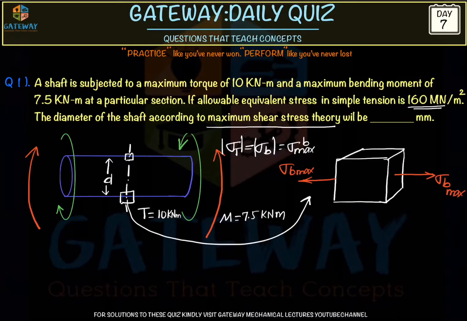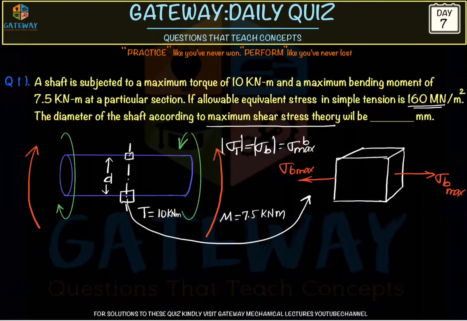And what about the shear stresses? Here there is also bending shear, but bending shear is generally negligible compared to torsional shear. So how will the torsional shear act on that element? Since it is under twisting motion, the torsional shear will be in this direction on the bottom and in this direction on the top, upward on the right side of the cross section and downward on the left side. We are watching the cross section from this side. These are the tau max values.